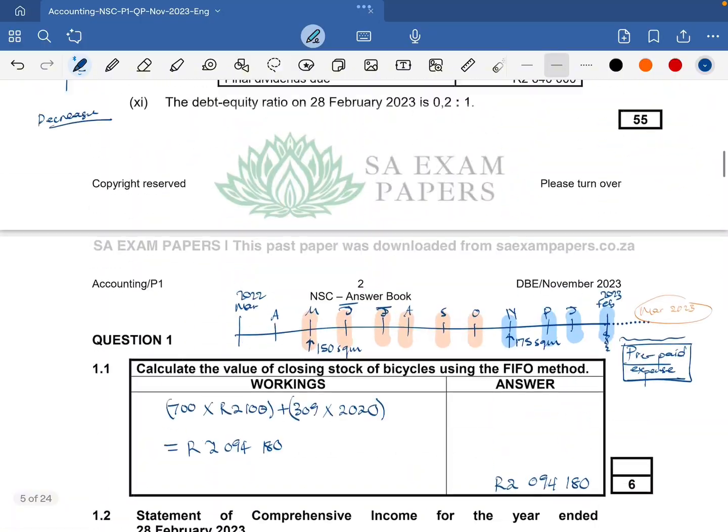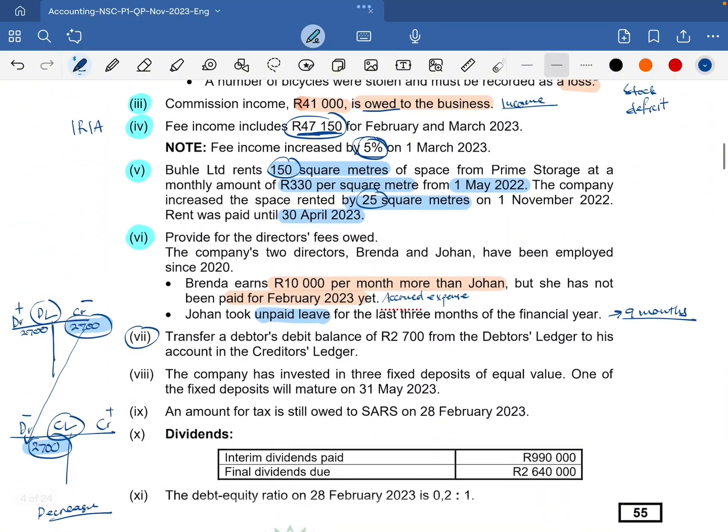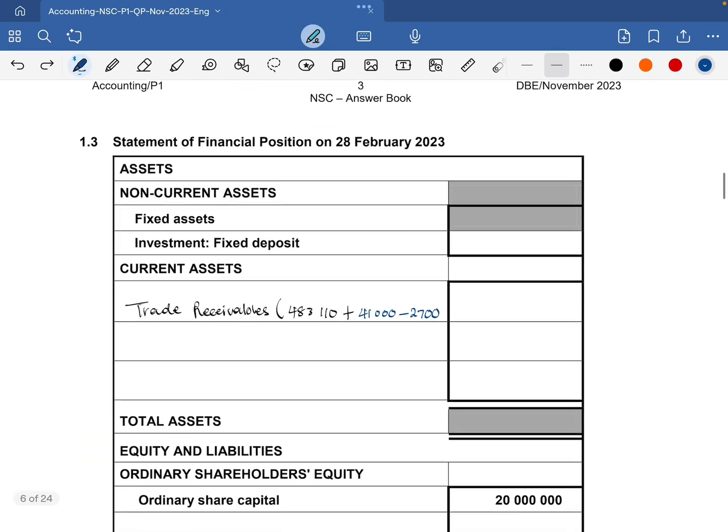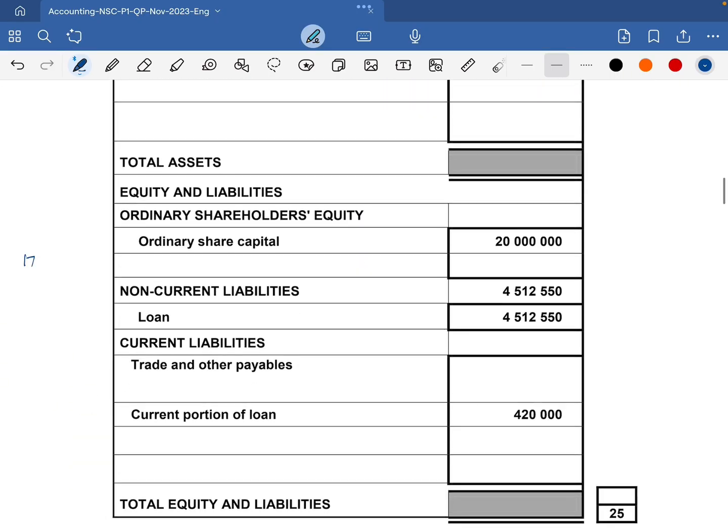Then we are going to look at this adjustment for the rent. I'll just erase the highlighter to make sure that we've dealt with it. Remember, we prepaid rent, right? When we prepaid rent, we prepaid it for 2 months, for March and April. So that calculation goes as 175 multiplied by 330 per square meter for only 2 months. Then let's see what that gives. So it's 175 times 330 times 2, and that's